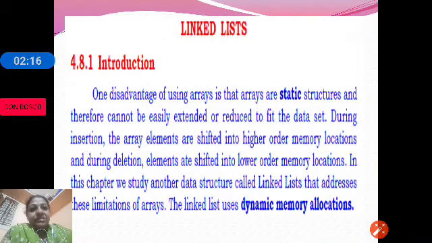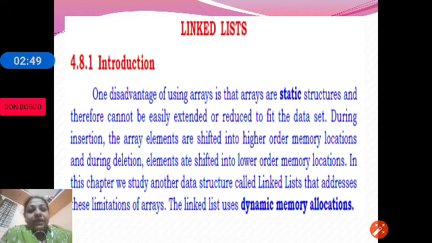Linked list. What is linked list? Before studying linked list, let us just recall arrays. As we know, we have to declare an array with a fixed size. If int a of 5 is given, that is, a is defined with the size 5, and the array size of a remains 5, it is difficult for us to extend or reduce.